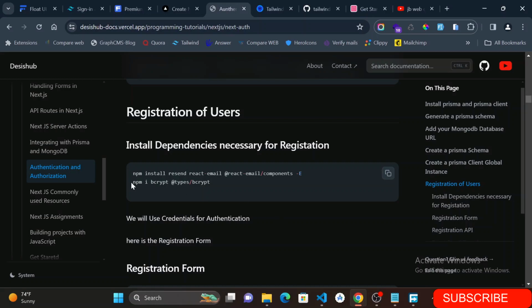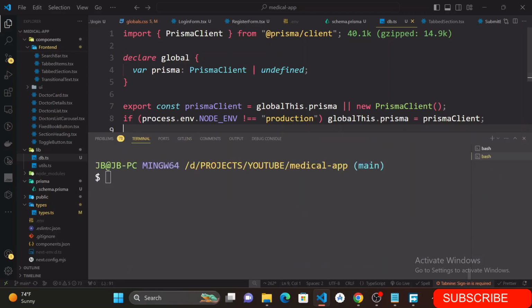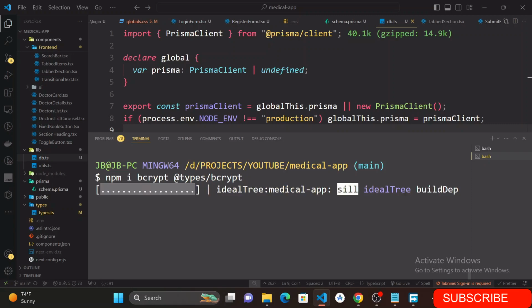So we need to install bcrypt for encrypting our passwords. Let's start with this. Let me install bcrypt and the bcrypt types. If you don't install the types, they will give you errors all the time. So just install this. Okay, so next I'm going to install